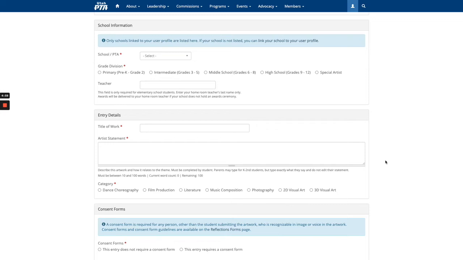Okay, in the entry details, you're going to enter the title of the piece, the title of the work. This is required. Untitled is not considered a title of an entry. You need to type in an actual title. You'll type in the artist statement. This must be between 10 and 100 words. If the statement is too long or too short, it will not be accepted and you will be prompted to lengthen